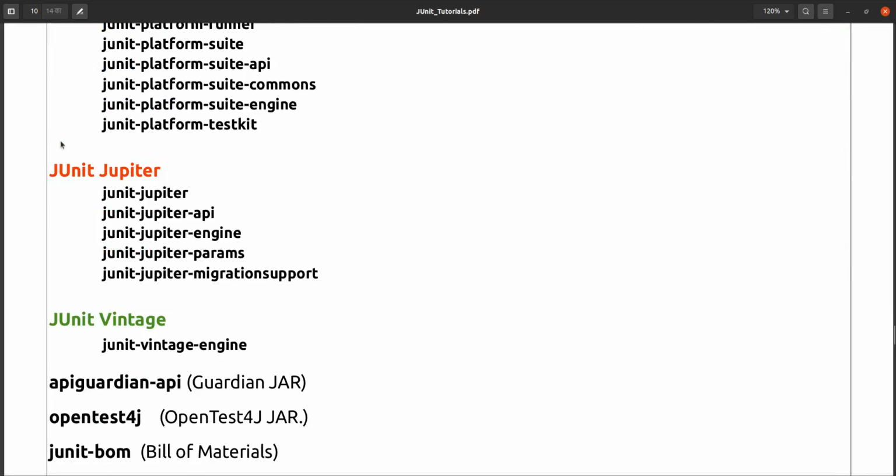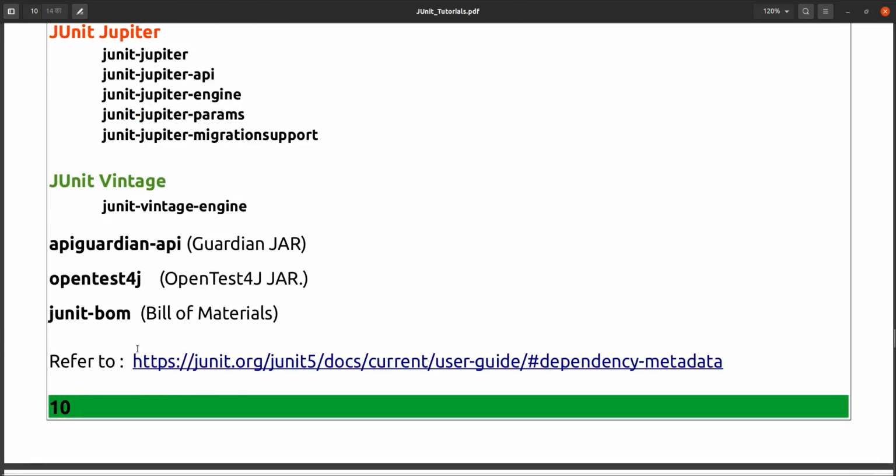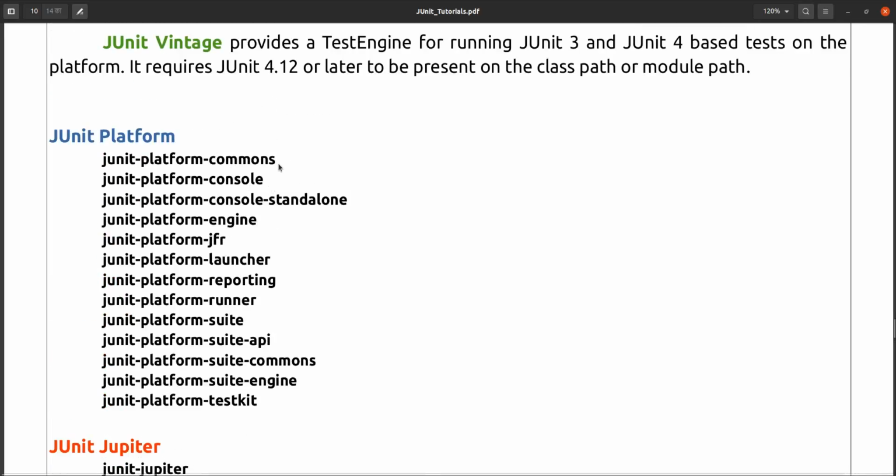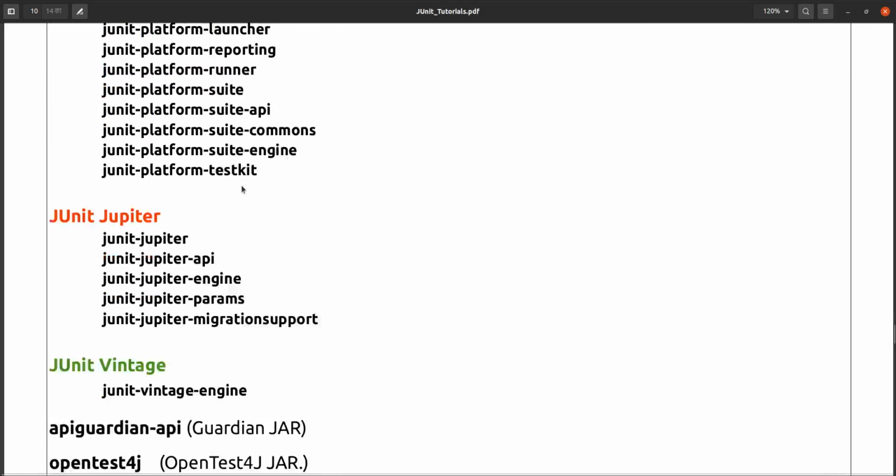But you need not do any hassle, like downloading files and adding them into your project how we were adding them in JUnit 4. You need not do that, because your IDE supports it by default, so you can directly take the help of your IDE and add those libraries into your project. So you can do that also,